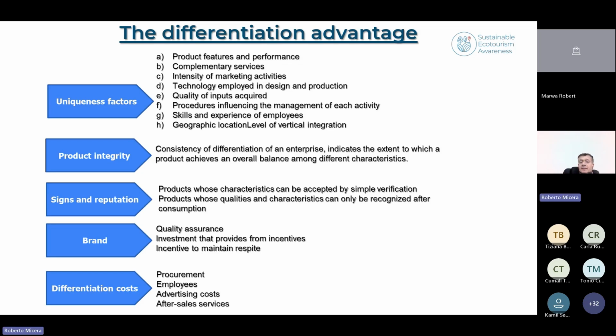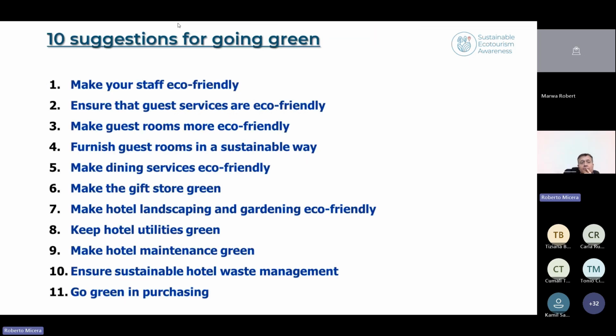The product integrity, that is the consistency of differentiation of a firm, indicates the extent to which a product achieves an overall balance among different characteristics, design and reputation, brand, but also differentiation cost. And so we can also say 10 suggestions for the hotel to become green or to